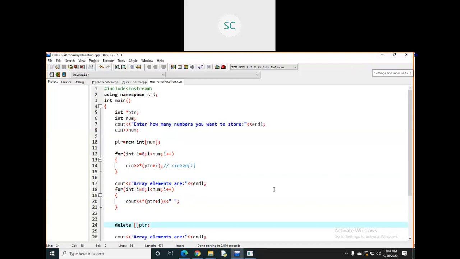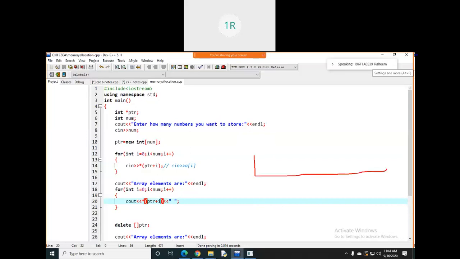Why do we take ptr plus I, sir? See, if you observe this diagram, you are allocating the memory in the form of an array, right? This ptr will point to the first element in the array, the 0th position. Every time you need to increase, for example ptr plus I, ptr has some address. This is the pointer increment, you can say.